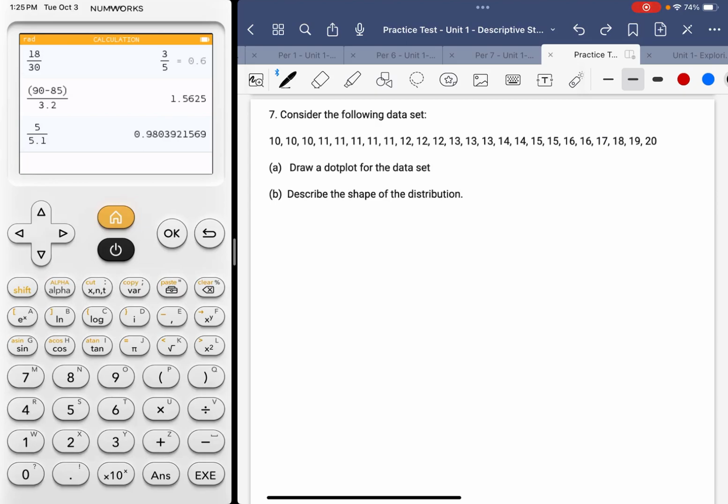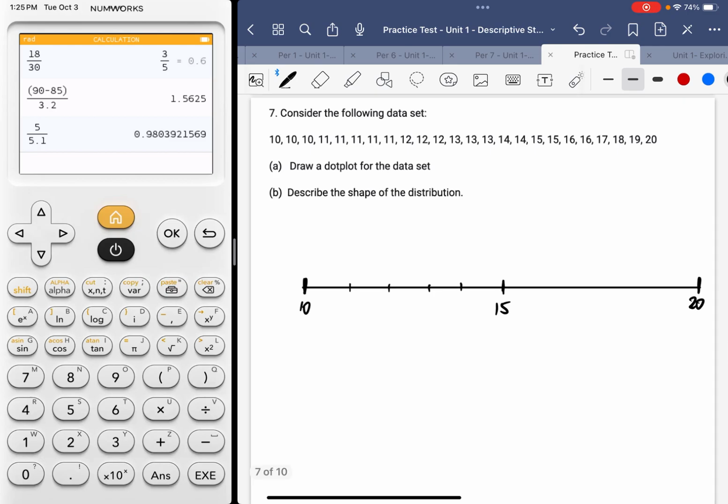So number 7, we're asked to make a dot plot. The low number here is 10, the high number is 20. So I'll just do that, 10, 20, get a 15 in there, then split it up, 1, 2, 3, 4. It's not perfect, but close enough. That's probably a little too close. 1, 2, 3, 4. And you could label all of those minor tick marks if you want, but I don't